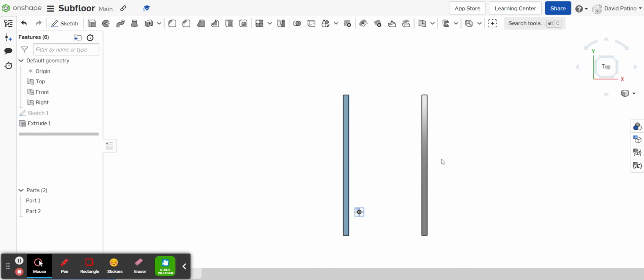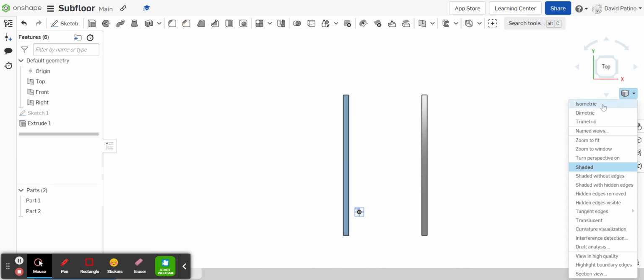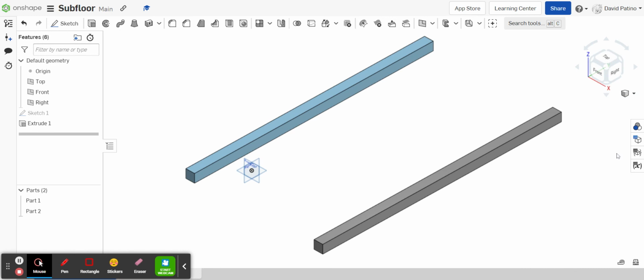Green check. Okay, let's check an isometric view of this. And there we have it. So we have 2 skids. Let me pause this really quick, and then I'll answer some questions. So let's